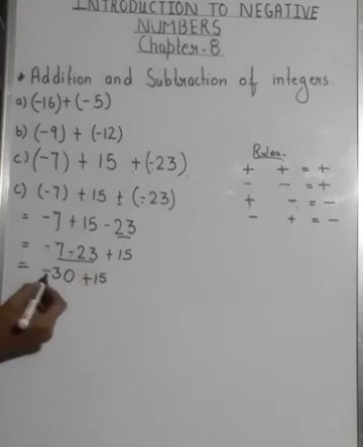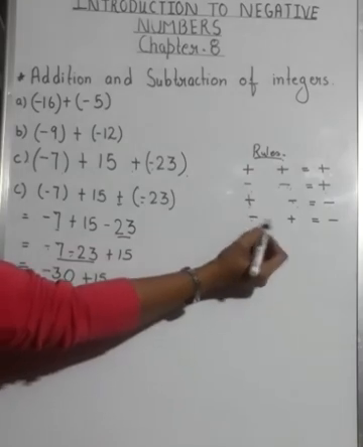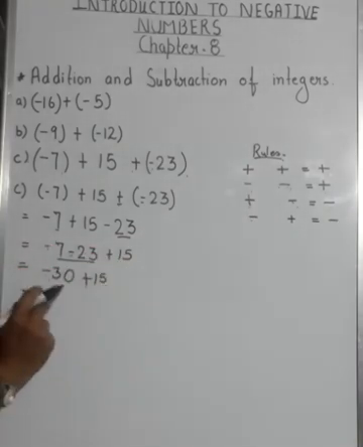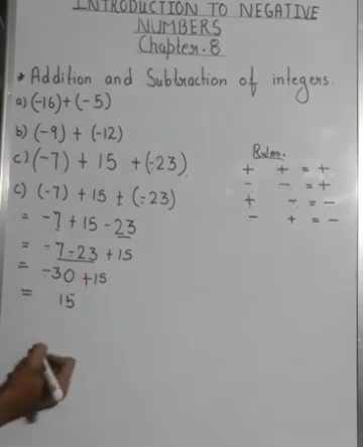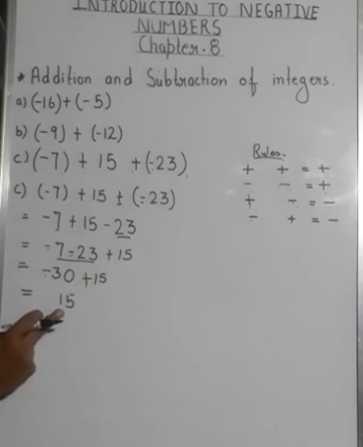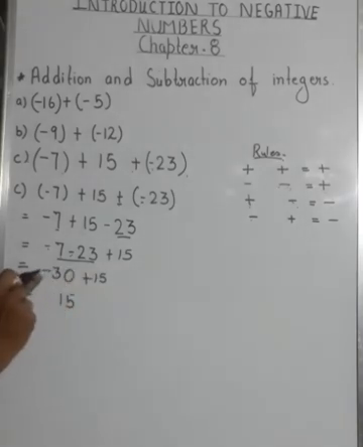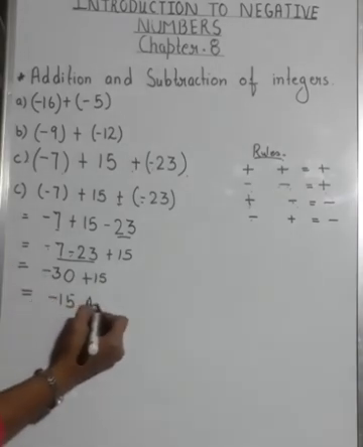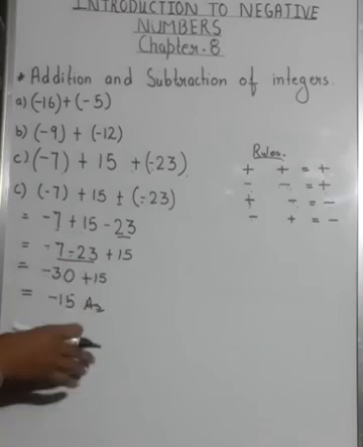Clear? Now this is minus. This is plus. Again comes your rule that minus plus is always minus. It means you have to subtract these two. So 30 minus 15 will be 15. Okay. Now what about the sign? Which is greater? 30 is greater or 15 is greater? 30 is greater. What is the sign before 30? Minus. So you will put a minus sign here and this will be your answer. Clear? It is up to you in which way you want to solve.